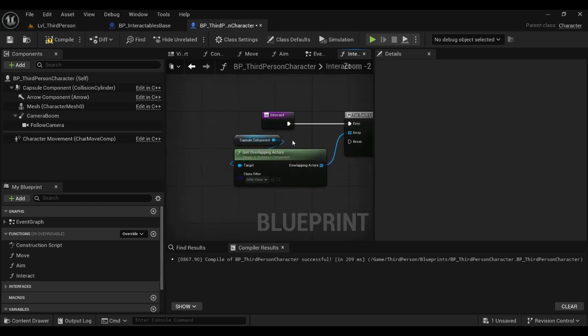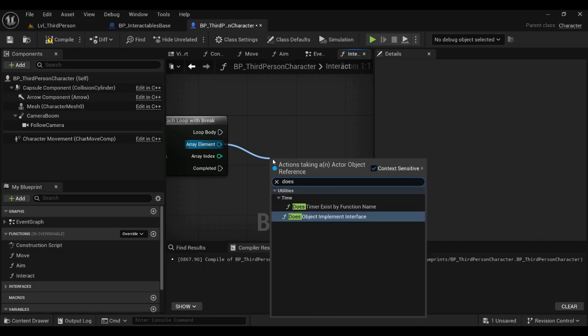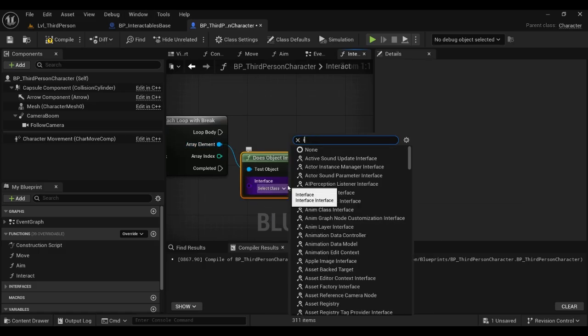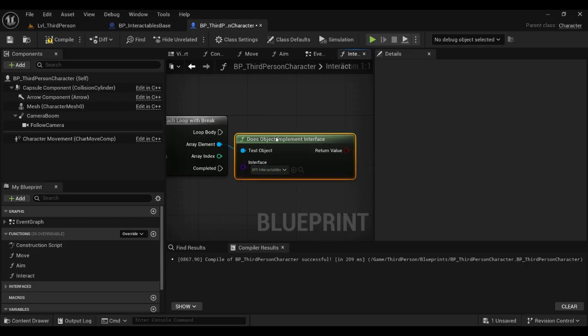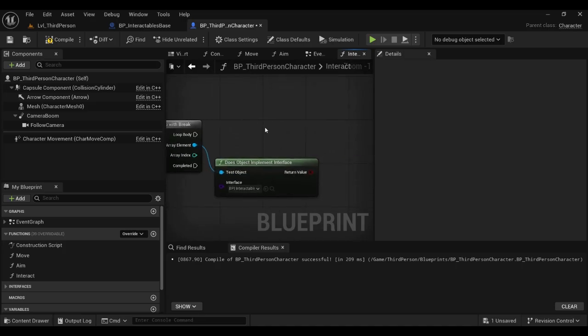And for each overlapping actor we have, we want to check if it implements, does object implement the interface. And what interface? It's the BPI interactables. So if it's the BPI interactable, we can actually interact with it. So if it's true,